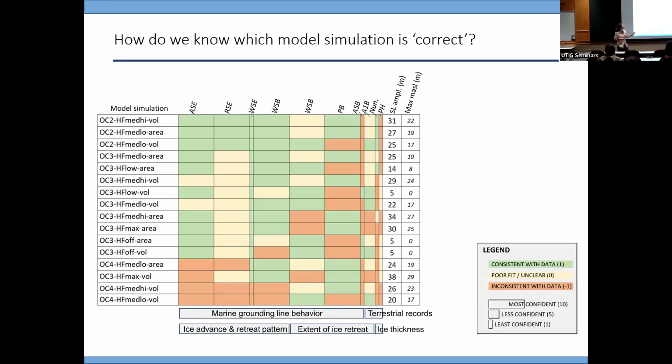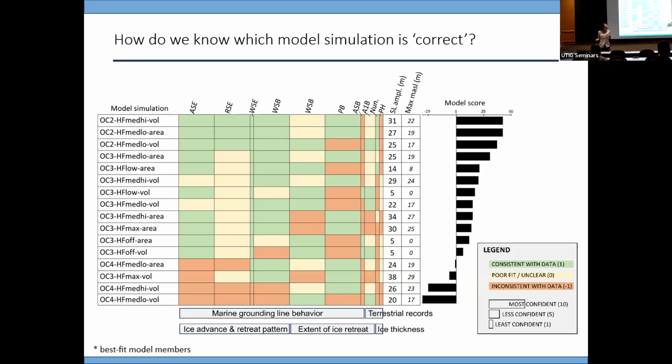For example, for the terrestrial data sets, we just don't have good enough confidence in the actual terrestrial data to be able to compare them. And there's some other issues with other places. But what I wanted to say about this is that it's pretty subjective. Each model data comparison is pretty subjective. But if you put them all together, you start to get a sense of which model simulations actually agree. That being said, reviewer 2 said they wanted them quantified. So, okay, I put some numbers on the model data agreement and the confidence intervals. And now there's semi-quantitative support for which model simulations are most geologically consistent.